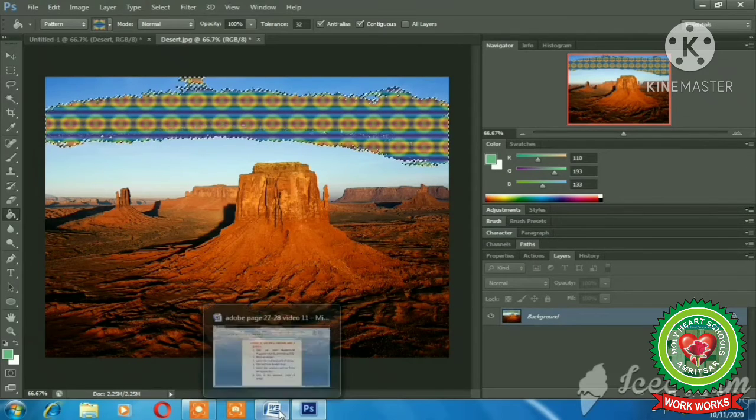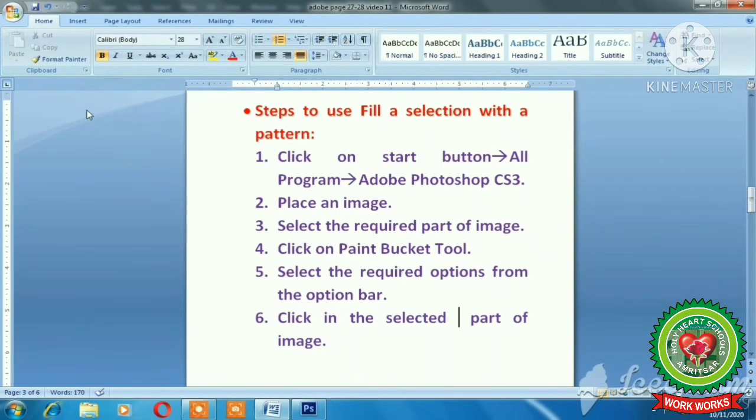Now let us discuss its steps. Steps to use fill a selection with pattern. Click on Start button, All Programs, Adobe Photoshop CS3. Place an image, select the part of the image. Click on Paint Bucket tool.